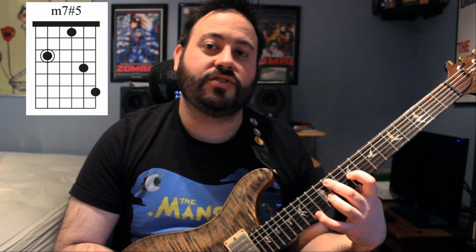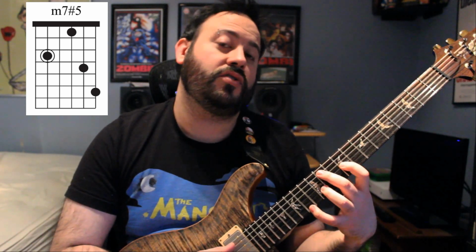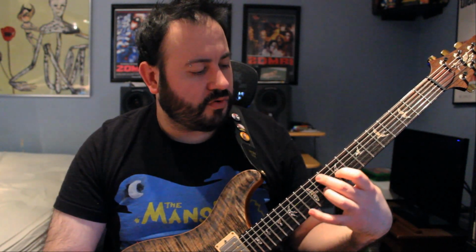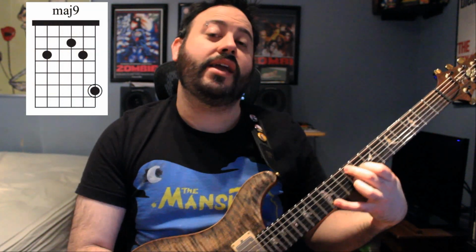But also you can think of any of those 7 sharp 5 chords as add 9 chords. So you can also think of this as an add 9 chord as well. I think you call this, what add 9 chord would this be? Probably an E add 9, because you have an E major here, and then you have the 9 on the top. And then you move this chord down to this, which I would consider an E major 9,